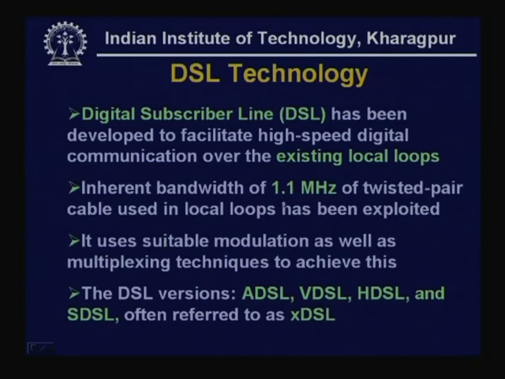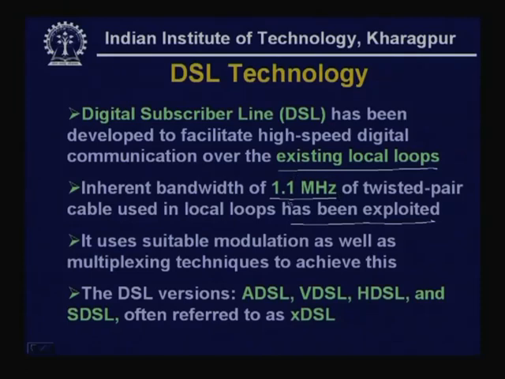So, the inherent bandwidth of 1.1 megahertz of the wires that is being used in existing local loop can be exploited, or has been exploited, in DSL technology. Of course, for that purpose it has to use suitable modulation techniques as well as multiplexing techniques. So, here you will see it has used a combination of modulation and multiplexing techniques to achieve this high bandwidth